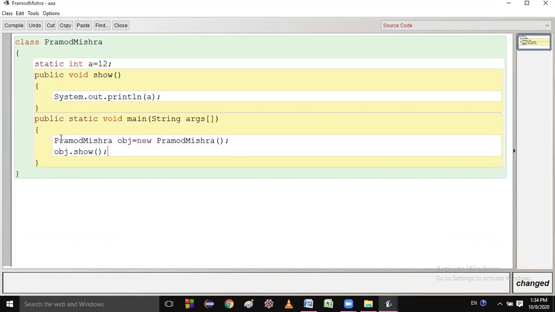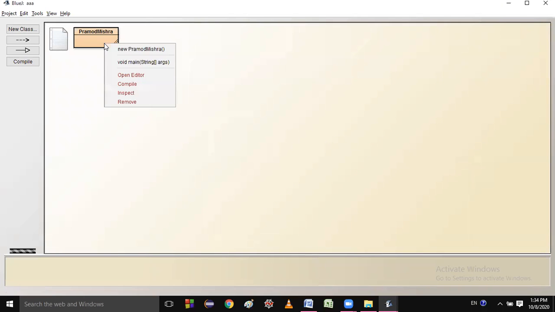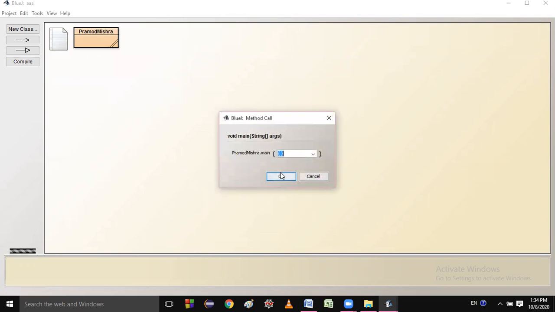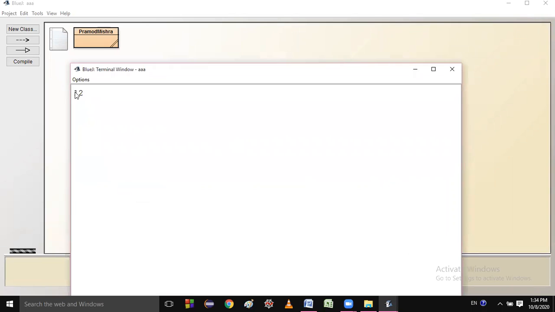If you call the show method, you will get the result 12. Class compiled, no syntax error. Run this. You get the result 12.